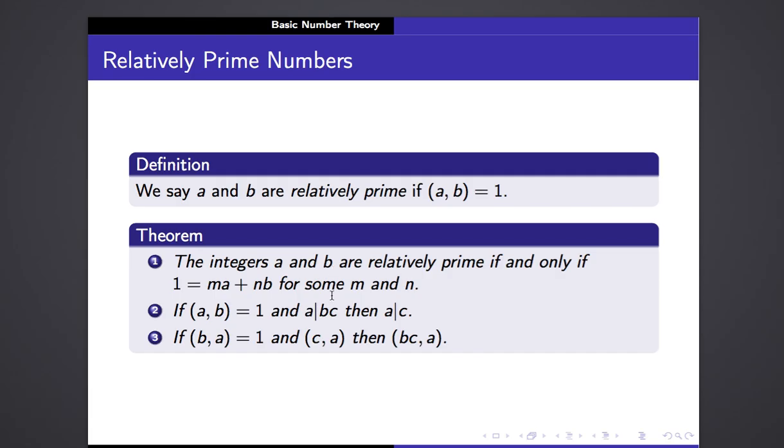The second statement is, if a and b are relatively prime and a divides b times c, then a must divide c. And the next one is, if b and a are relatively prime,